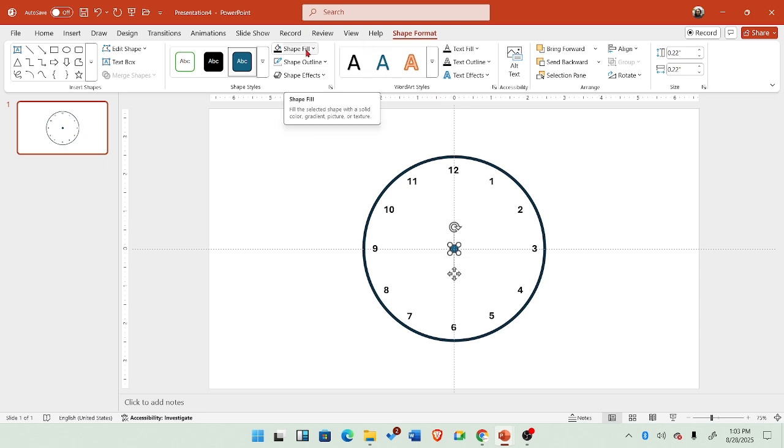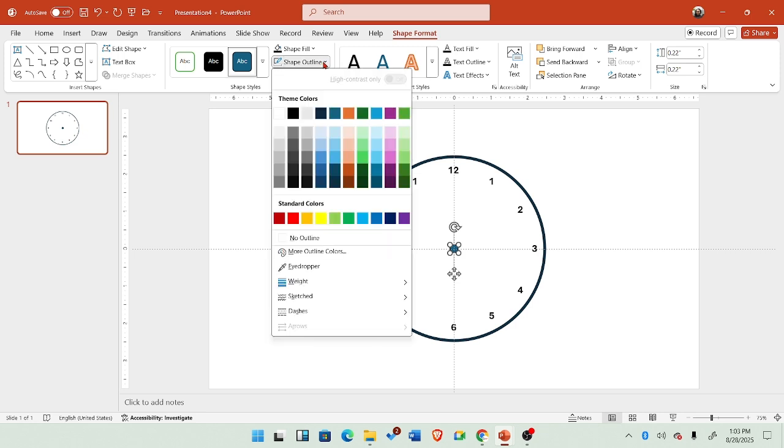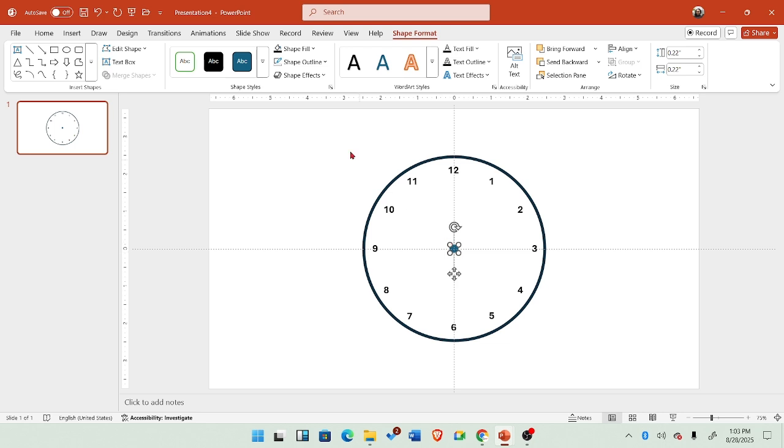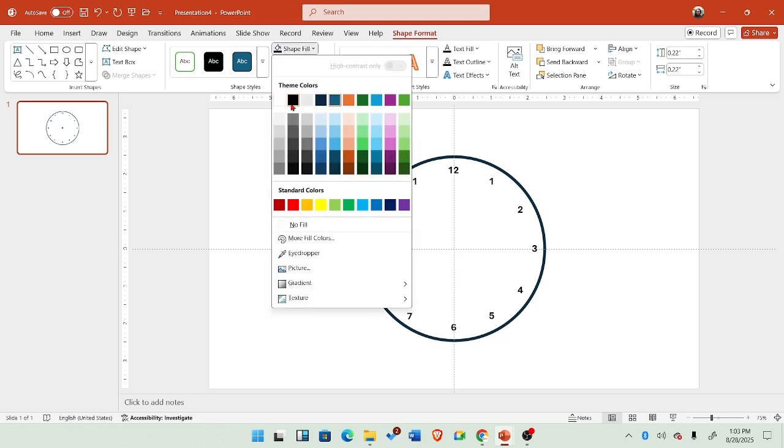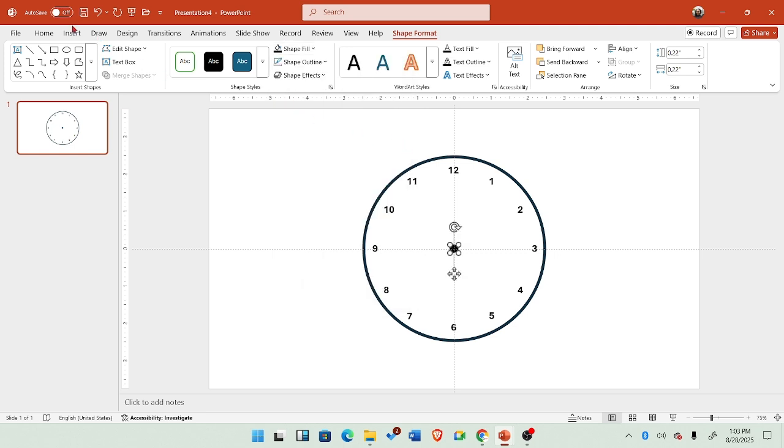Okay, so that's it. I'll take off the outline, so it makes it clean. Okay, so the outline is off. So I'll just change that to black. Shape fill black. All right, so let's bring the hand. So I like to use this arrow down. I like to use this, it is perfect. It helps me to edit easily. So I'll choose that, and then I'll draw the hand. I'll just draw it facing